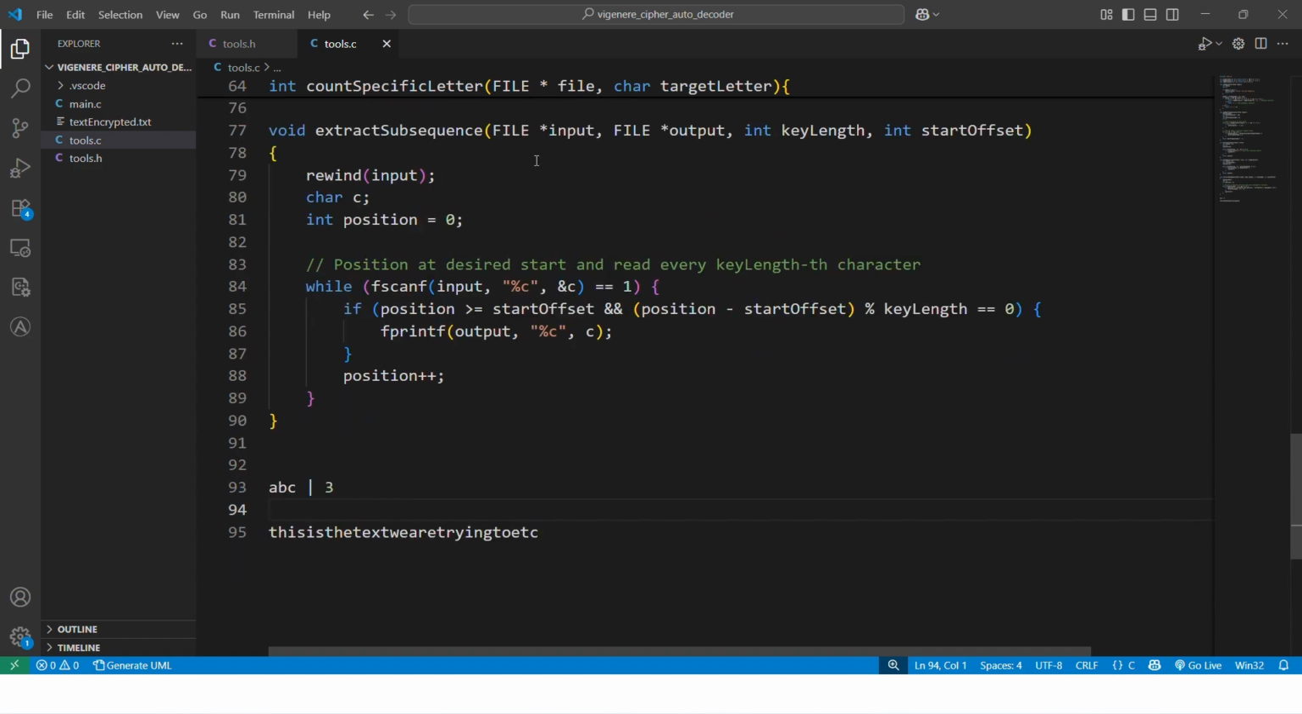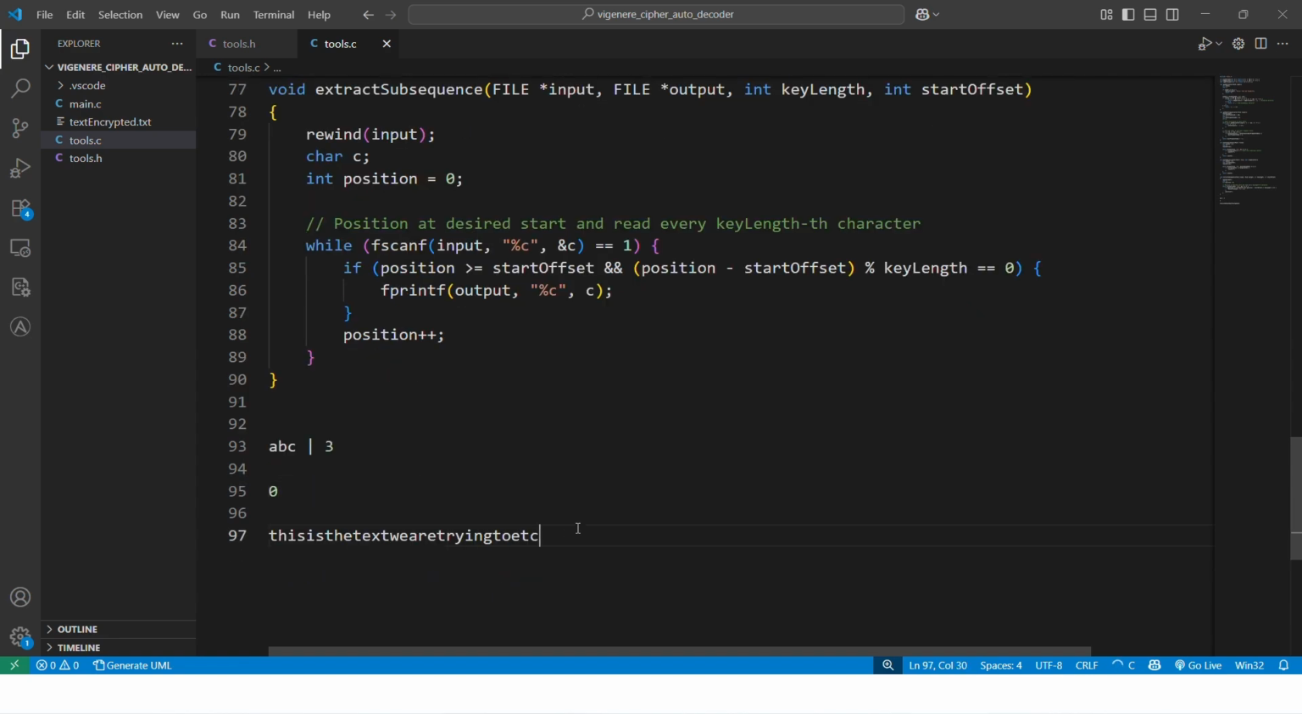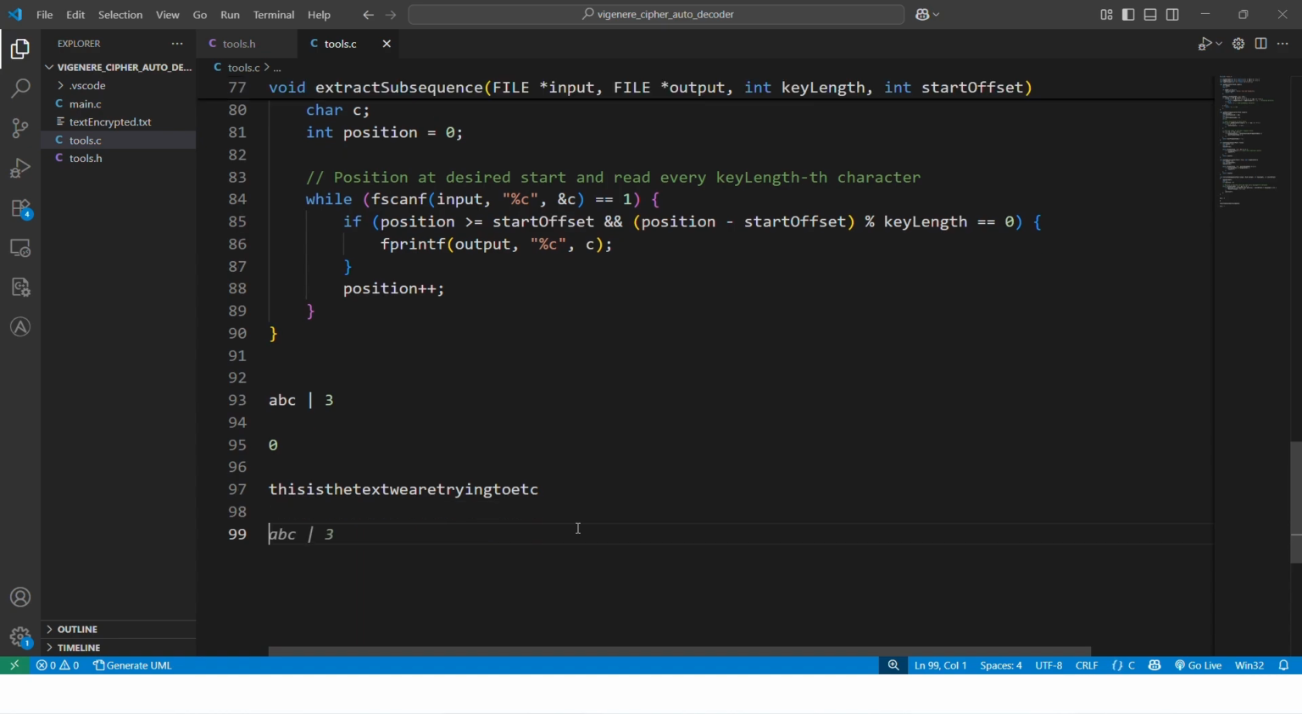If I told the function, so if I put this text here, for example, and the output file is just another variable to put the result in, and the key length 3 and the start of it, maybe I will tell the function to start from 0. So the return result, I will return t,